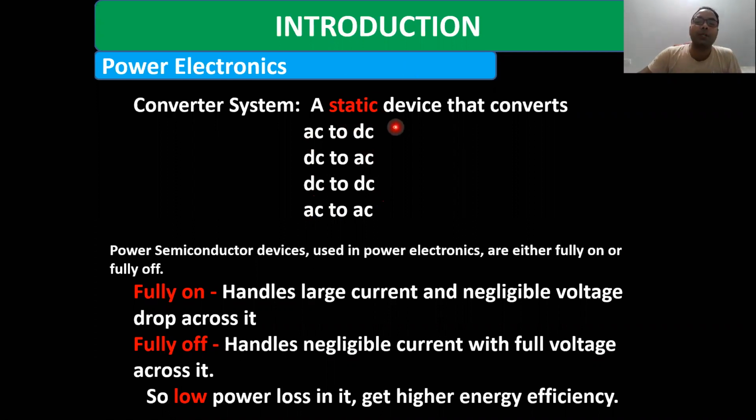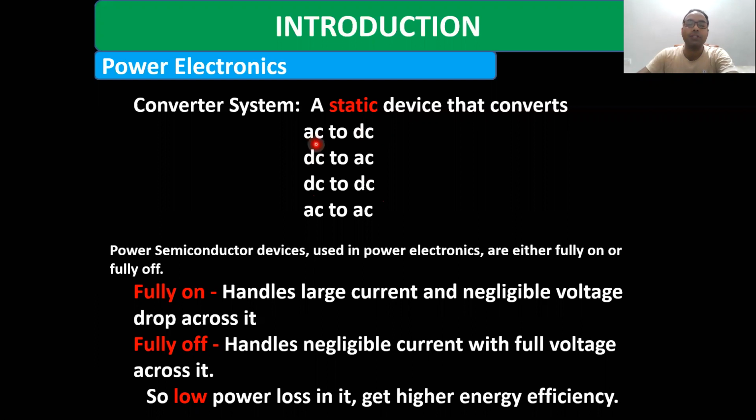Generally, with the help of a transformer or a generator, we transmit the power. In a generator, we use a mechanical prime mover, or we can say a turbine. The turbine is a moving part, and through this moving part we generate the power. While in power electronics, we are converting the AC into DC.